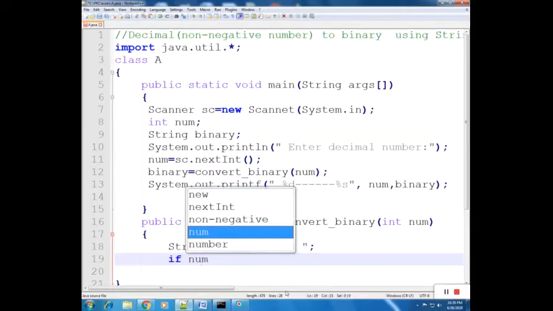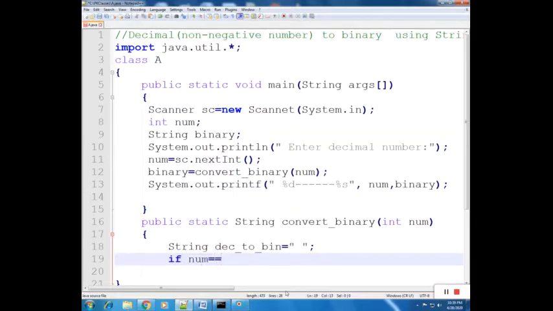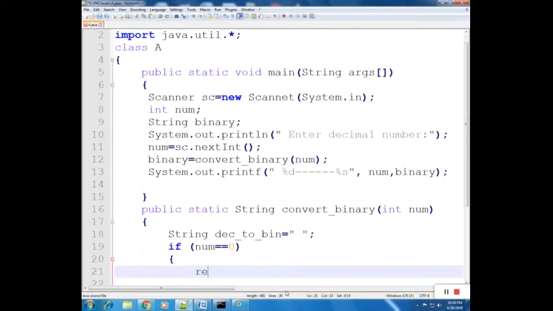If the passed argument num is equal to 0, then we will return a string 0.